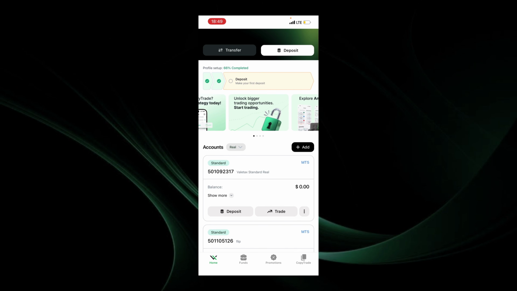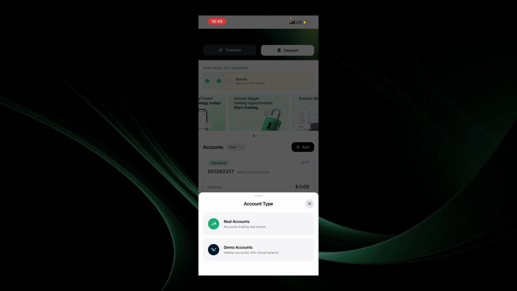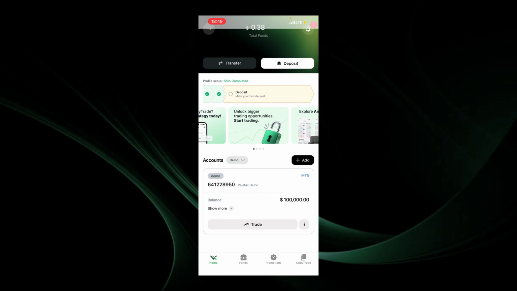Okay, so now I'm gonna show you guys how to use the app. First things first, I would like to start where it is written account, down that part. As you can see, there is account, and next to account there is real. This real is basically a real account, which is real money. Then there is demo account, which is virtual money. So it's fake money that we can use to trade.